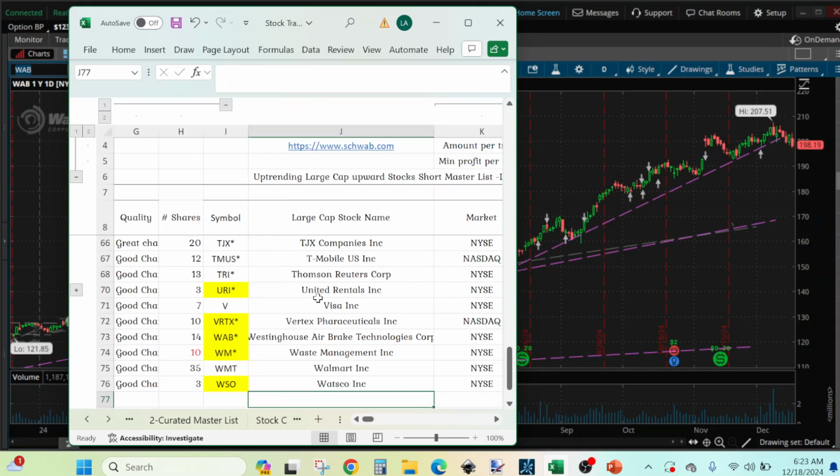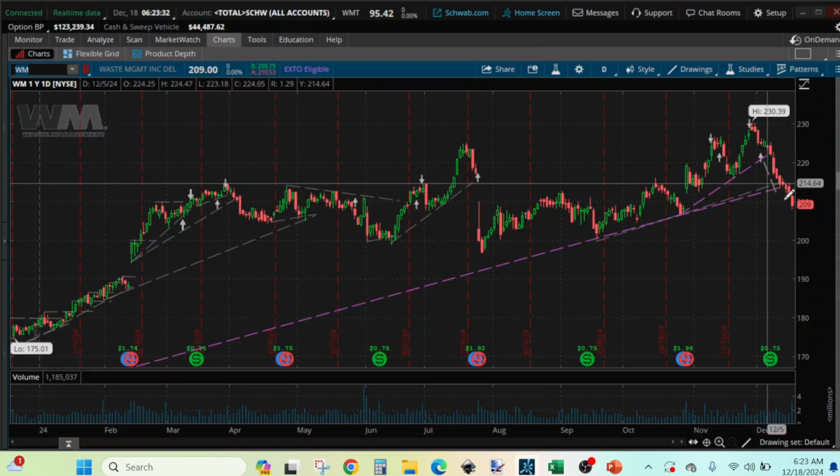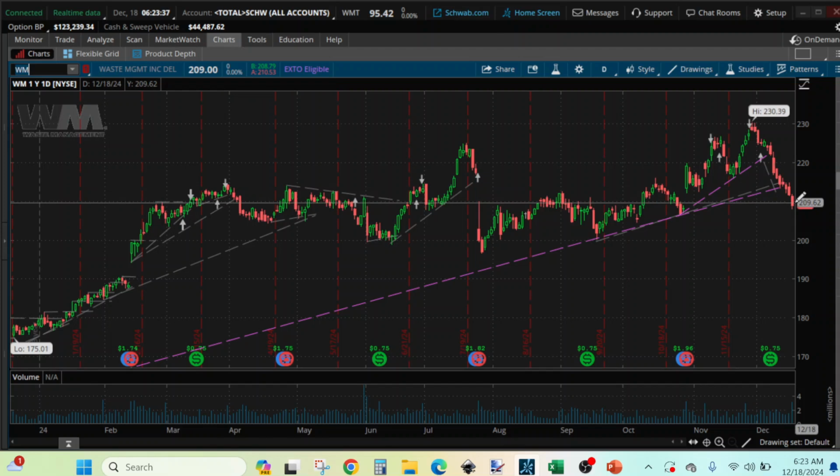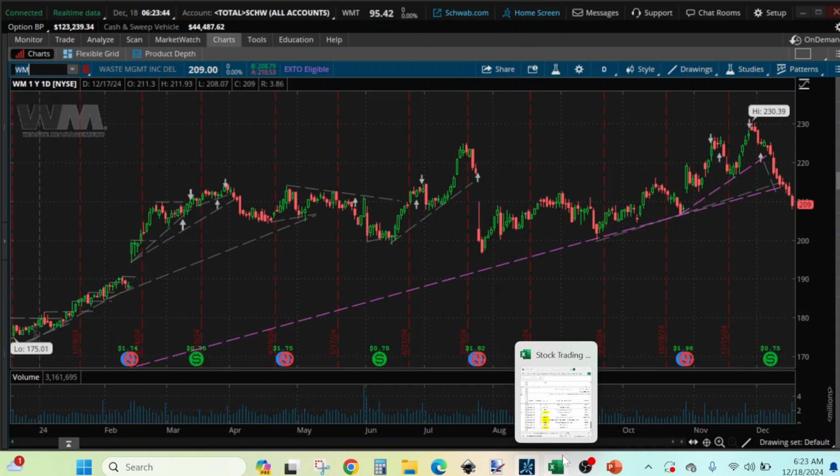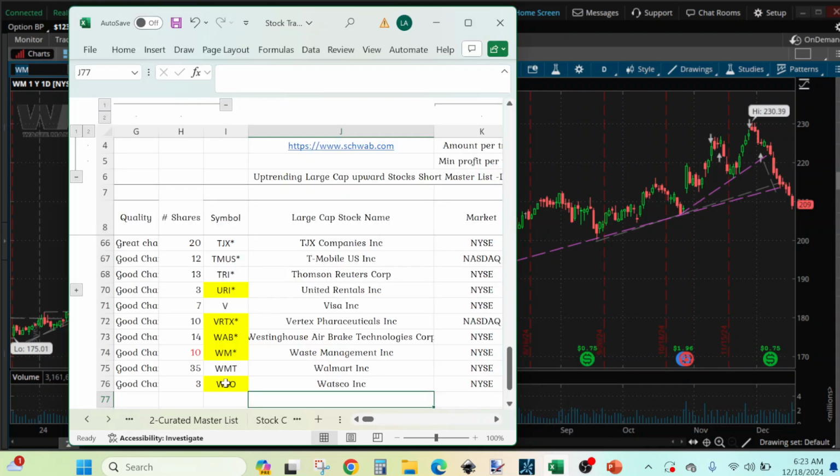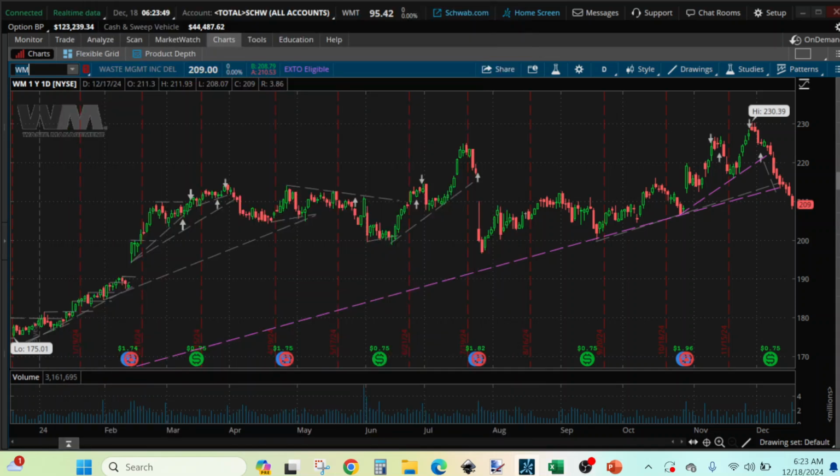WM. So WM, we bought it at this trend line, but that trend line ended. It came to this line, and clearly it's using it as a zone because it's going below it. That's a kind of weird shape. Price fluctuation there, but WM, and yeah,